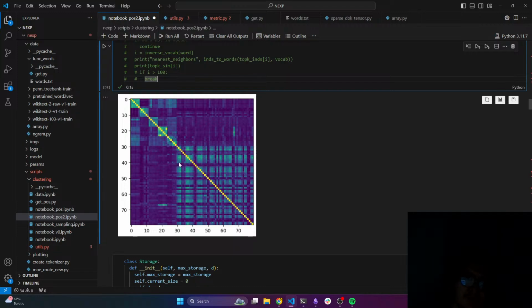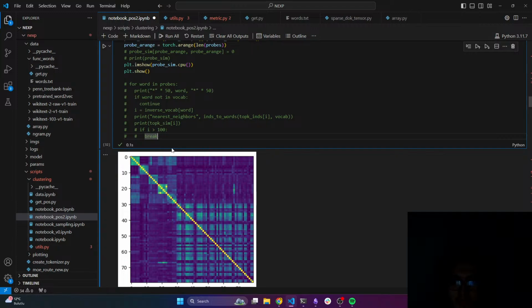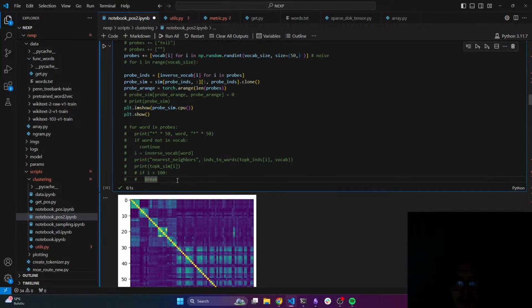And it's easier for this word to be similar to another word, by the way, because they have so few contexts. That means that as long as they share one context word, it contributes a lot more to their similarity, right? But yeah, and the reason why they're not so organized is because they are randomly sampled, while these are kind of handpicked.